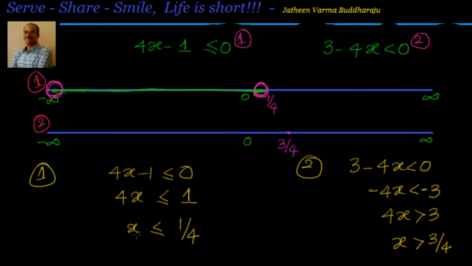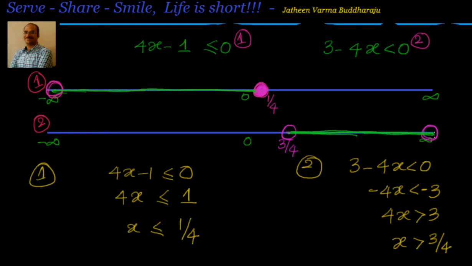So let us say that is 3 by 4. Less than or equal to 1 by 4, so this should be closed. Sorry for that, because you know less than or equal to means 1 by 4 is included, infinity is excluded, whereas here 3 by 4 is excluded, also infinity is excluded. So the solution will start from here, 3 by 4 without boundary, that is excluding 3 by 4 and infinity, and this is the solution.